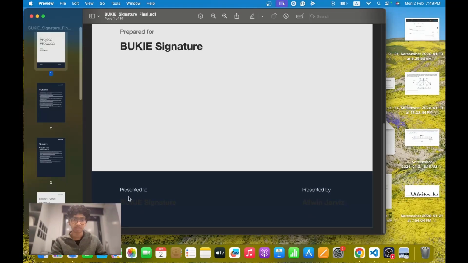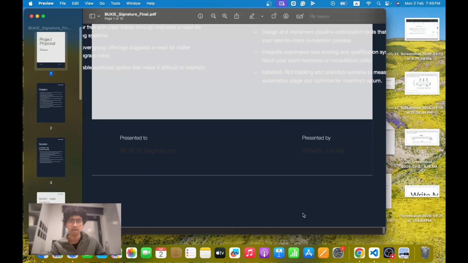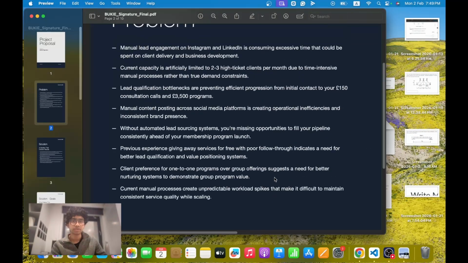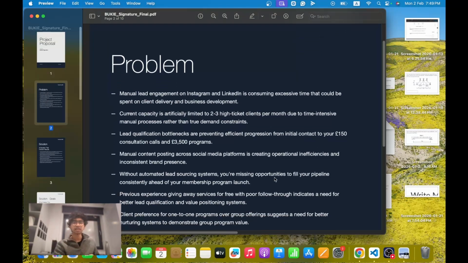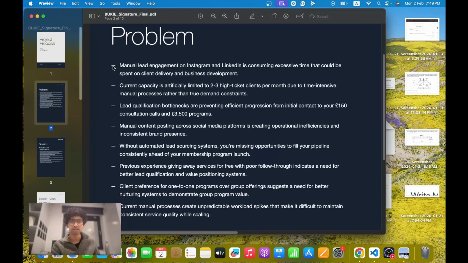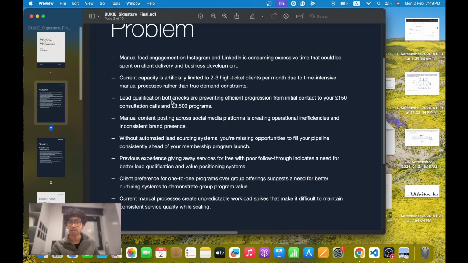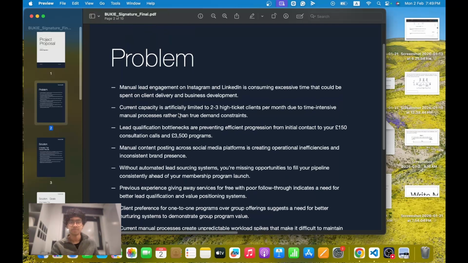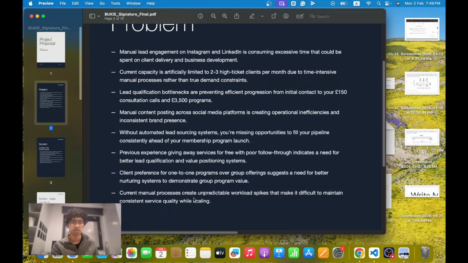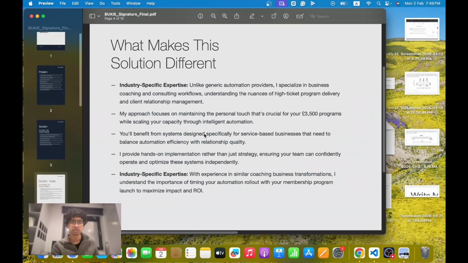minor issues like the presented to, and this is not visible because it's black, and the colors are not contrasting. But here is the problem statement, and the problems, if you actually read through them, are really good. I can make them more concise, talking just about the top 5 problems, not just throwing everything in. But it's a good thing to list all their problems and then share the solutions that